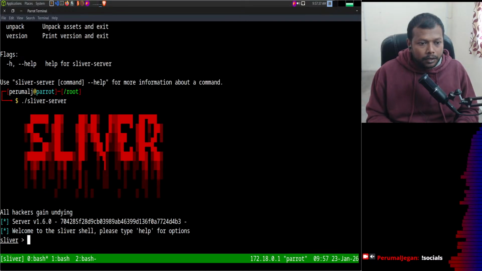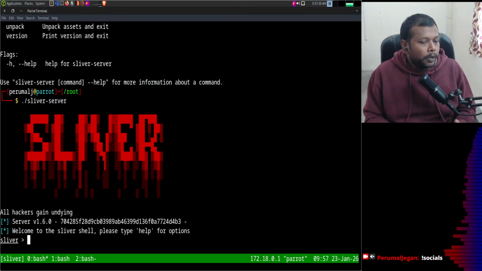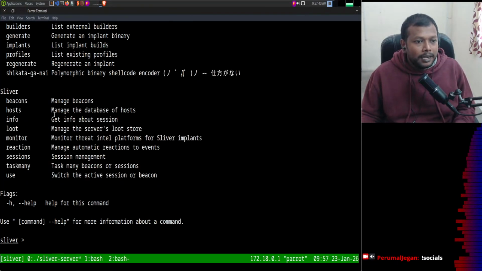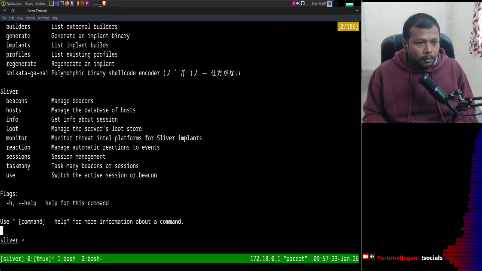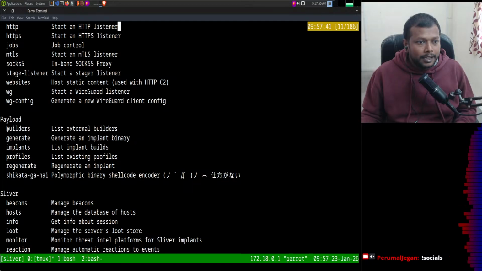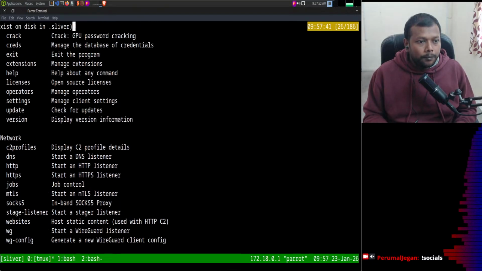Simply do this. It's going to open the Sliver server for us, and from this I'll be able to see the list of detailed features in the help menu. I can see the payload, network,